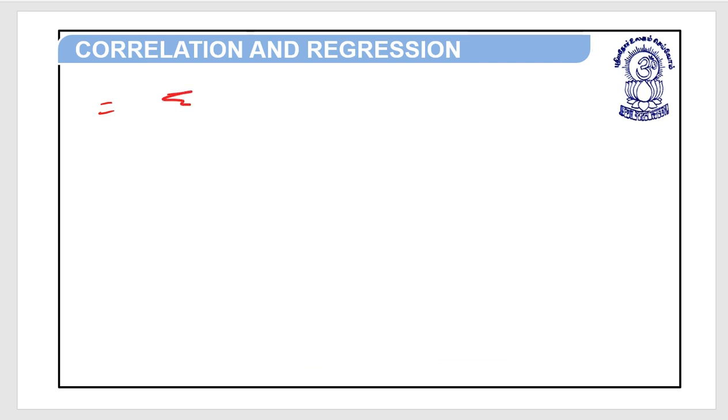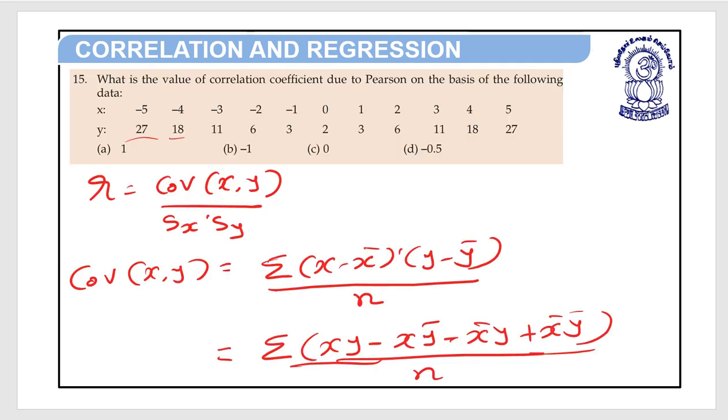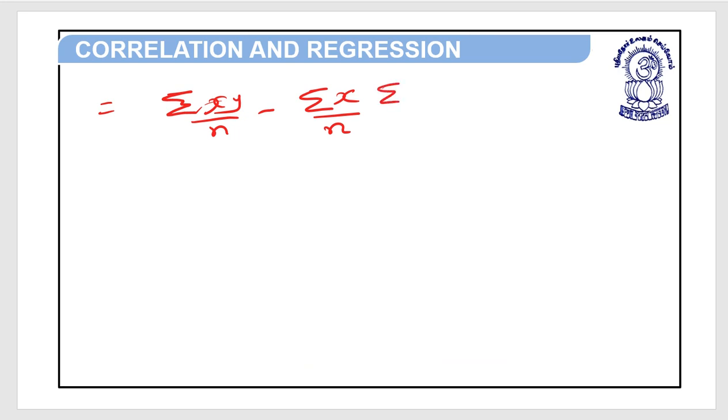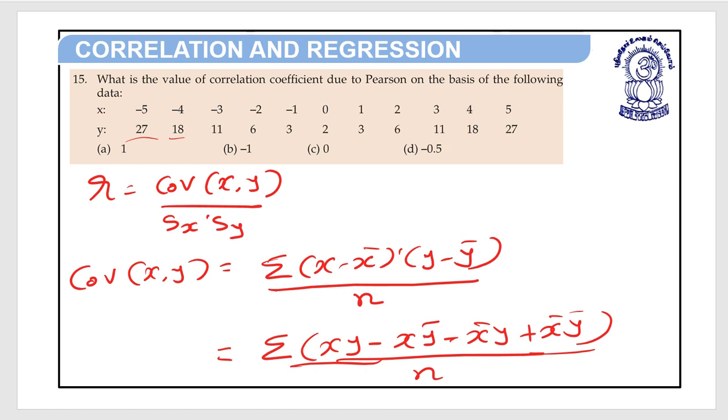So it is sigma xy by n minus sum of x by n, sum of y bar by n, minus